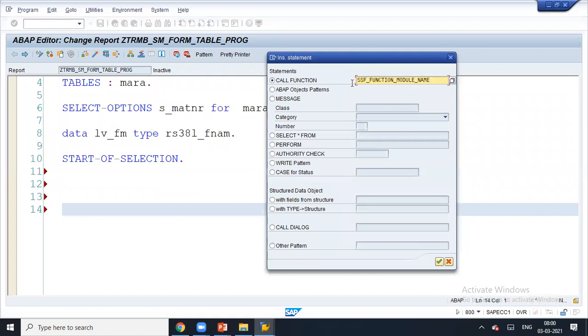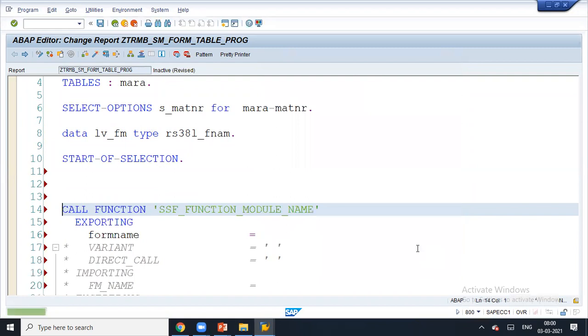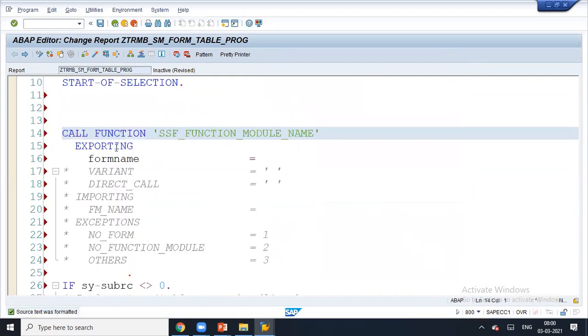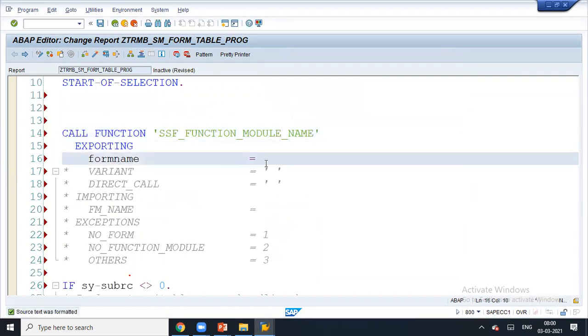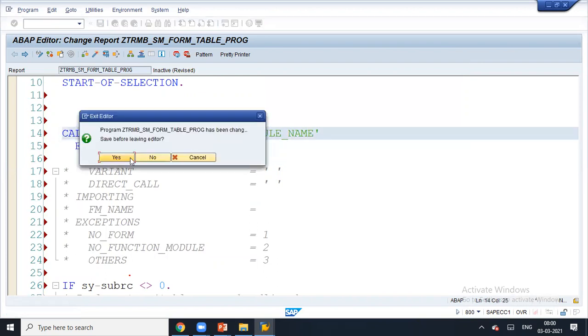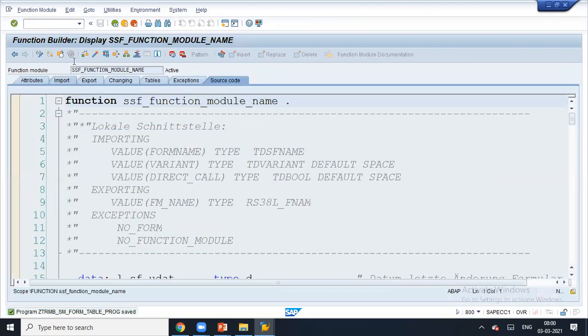As you know, everyone knows how to call a function module. So just put it here, click on continue. When I'm calling this, this is mandatory. How do you know this is mandatory? Double click. When you double click the function module, it opens the function module in